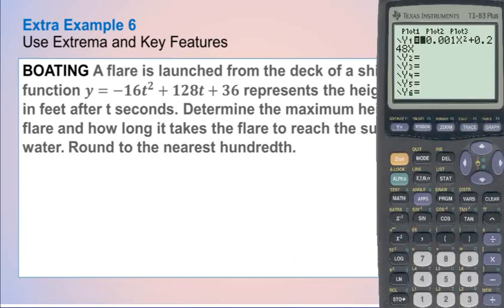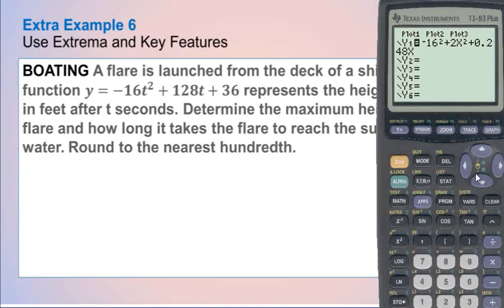Go to my y equals, and I type in negative 16 x squared plus 128 x plus 36. Now I don't know the other Windows settings, so I'm just going to estimate here. I could just keep it as is. I don't think it would have gone up 500, but we could just keep it there. So if I hit graph,